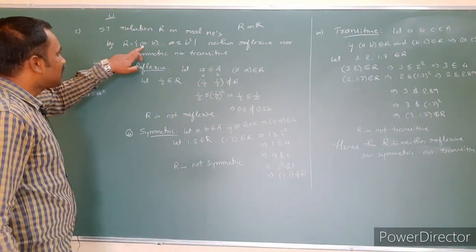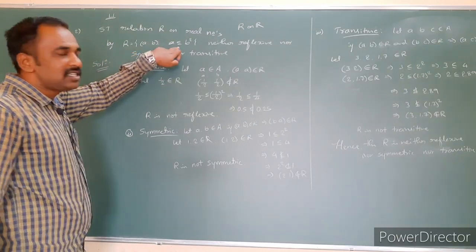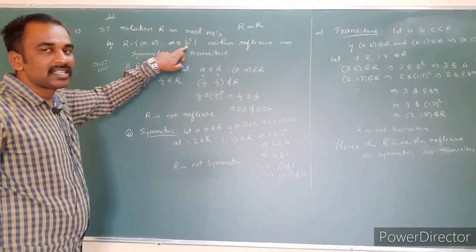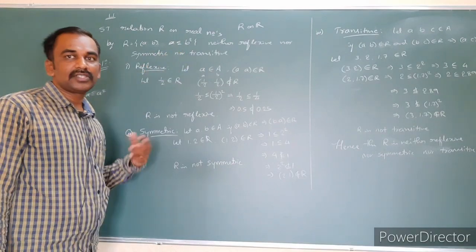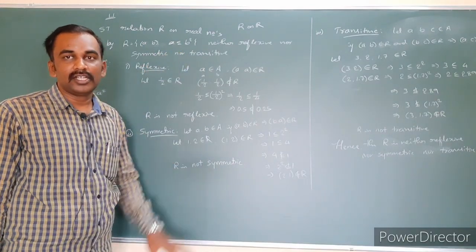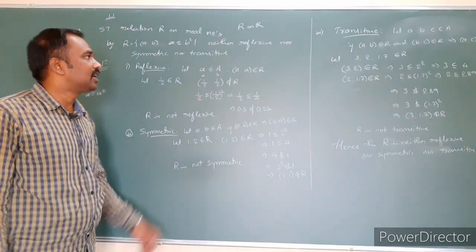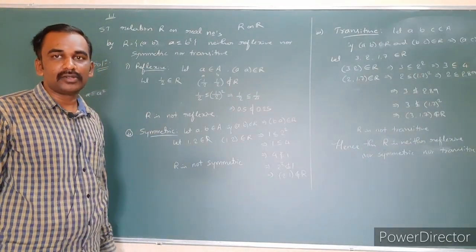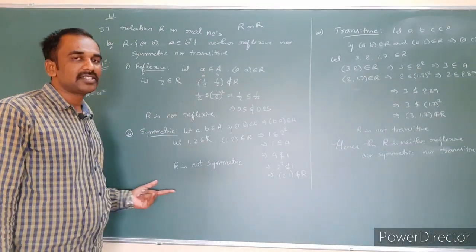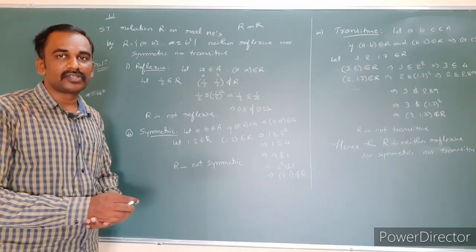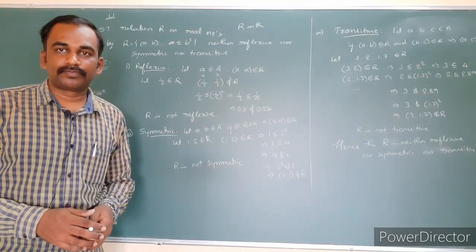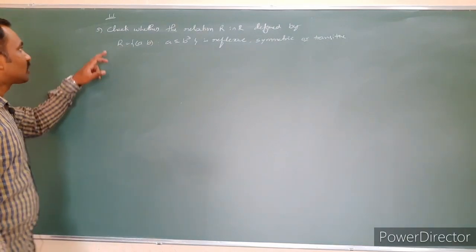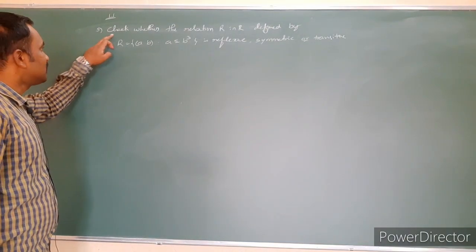Sometimes they used to ask that R is the set of (a, b) such that a is less than or equal to b, and in some situations a is less than or equal to b cube also they used to ask. So in the same way, we can easily solve the remaining 2 problems. I hope you can easily do the homework. Now, better to go to the next problem, same as the previous problem. Fifth problem of the exercise.